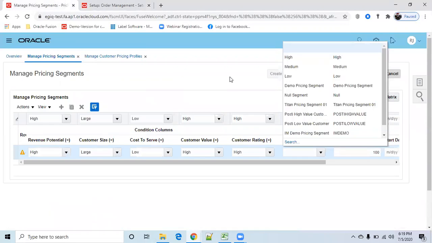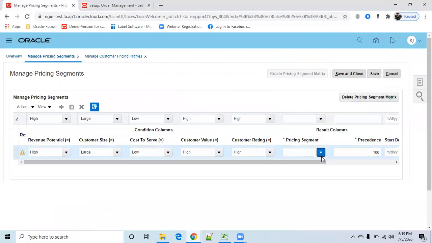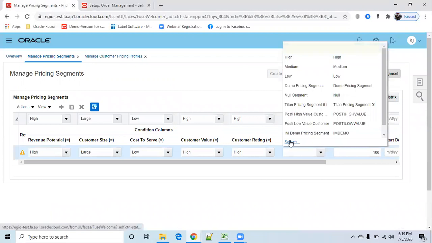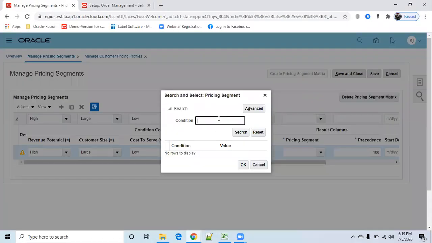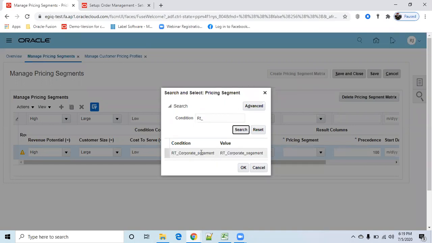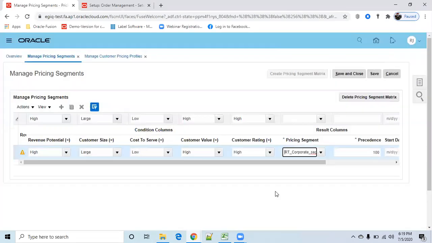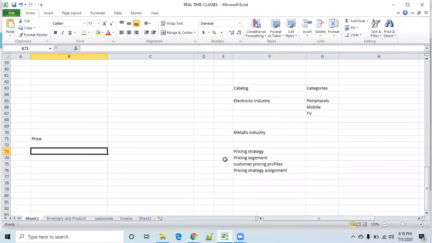Come back to the previous screen and find your pricing segment. My pricing segment is RT corporate segment. Select this one and note it down: the pricing segment is this particular value.